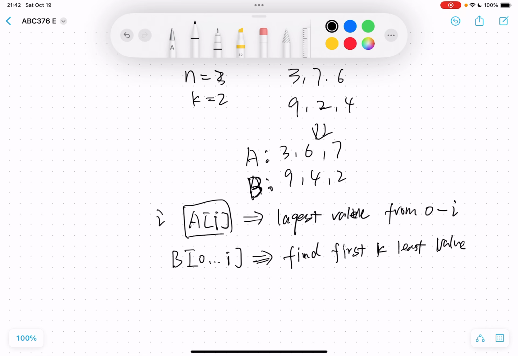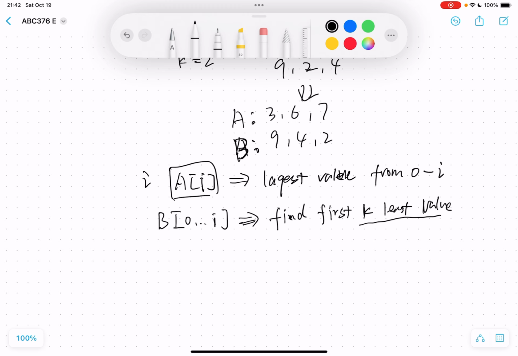We can maintain the k least values using a priority queue. The size of the priority queue will be k. Every time we add a new element to the priority queue,